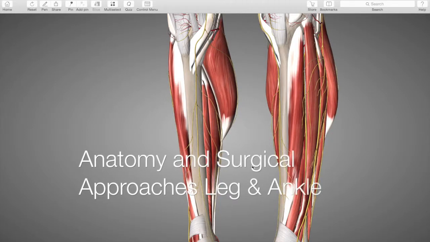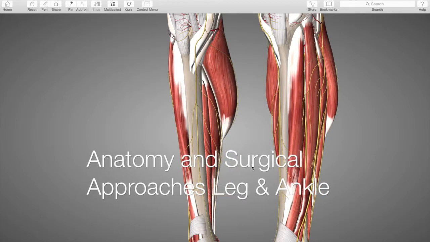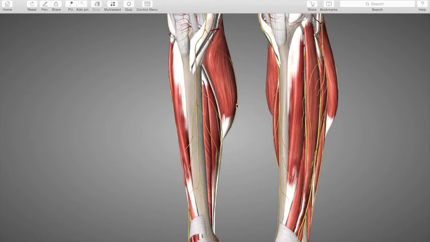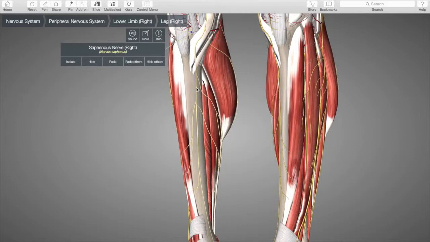This is anatomy and surgical approaches to the leg and ankle. First, we'll start with the cutaneous innervation of the leg. On the medial side of the tibia lies the saphenous nerve, innervating the skin on the medial side of the